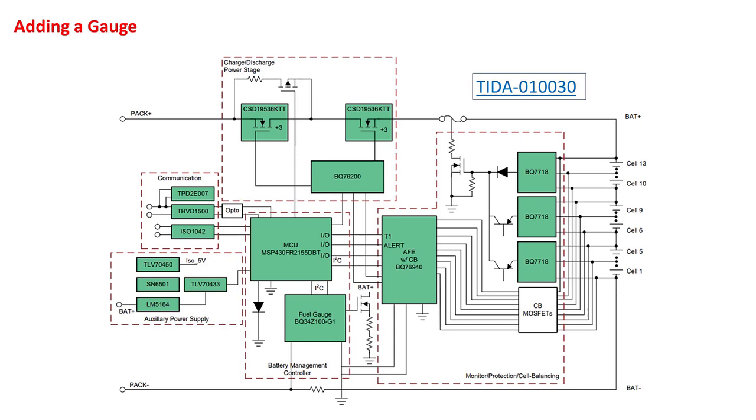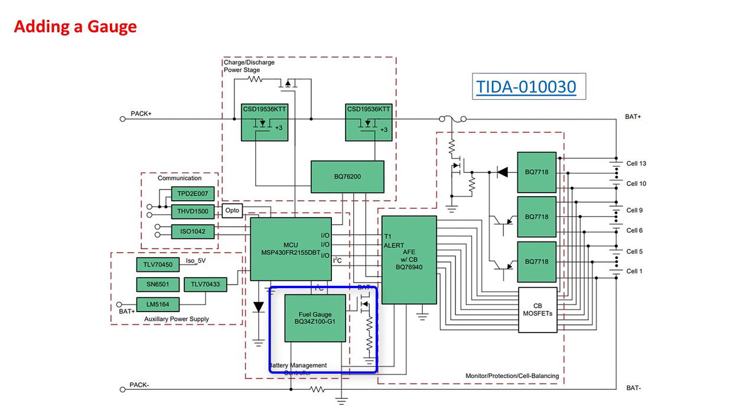Some systems need to be able to report accurate state of charge of a battery. While the BQ769X2 offers many features that are helpful with gauging, like accurate cell voltage, pack current, cell temperature measurements, and accumulated charge, this battery monitor does not report state of charge. So some applications use a top-of-stack gauge along with the battery monitor for this purpose. TI reference design TIDA 010030 uses the BQ34Z100-G1 top-of-stack gauge along with the BQ76940 battery monitor.